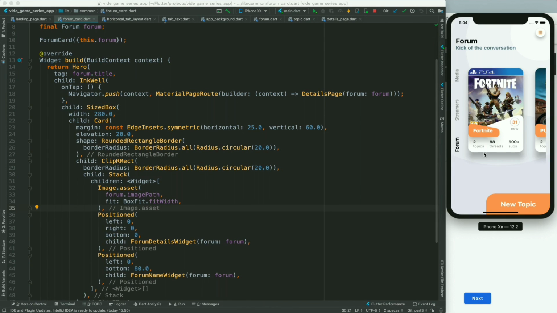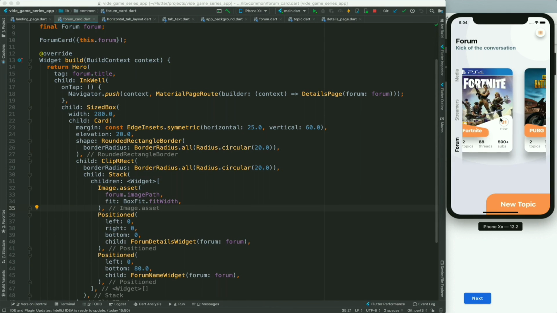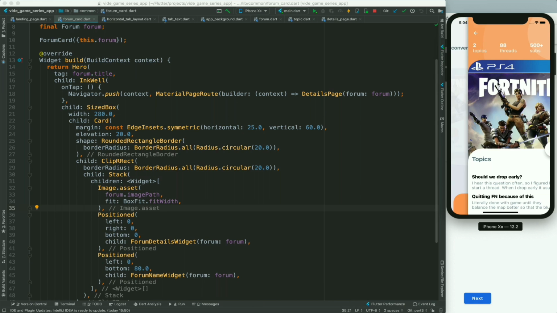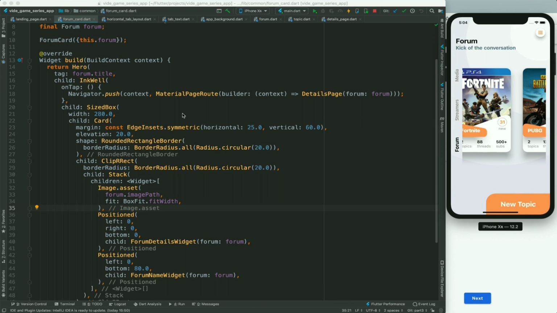Today I am going to show you the integration with Firebase. Up till now we have created this landing page, and on clicking on this we are going to the details page. And in my previous video we had found an error when I clicked on this back arrow. There was an error coming, so I removed that inkwell on top of the back button. So I am going to give you a solution for that, thanks to Asim who had given the solution in